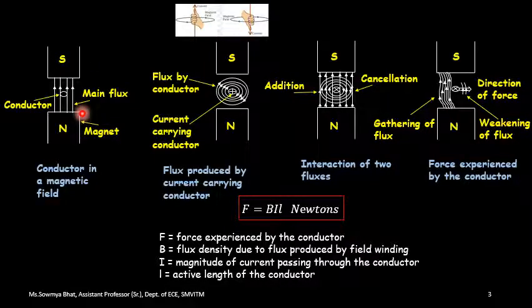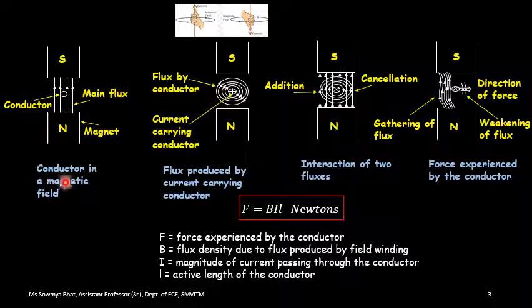Since it is a magnet, if I have an iron core on top of which I wind a copper wire, obviously it is going to behave like a field winding, and if I excite that field winding with the help of a DC source, it will generate an electromagnetic field. The direction of the flux produced by the electromagnetic field is from north pole to south pole. So it is from bottom to top. You can see this direction. Always it is from north to south.